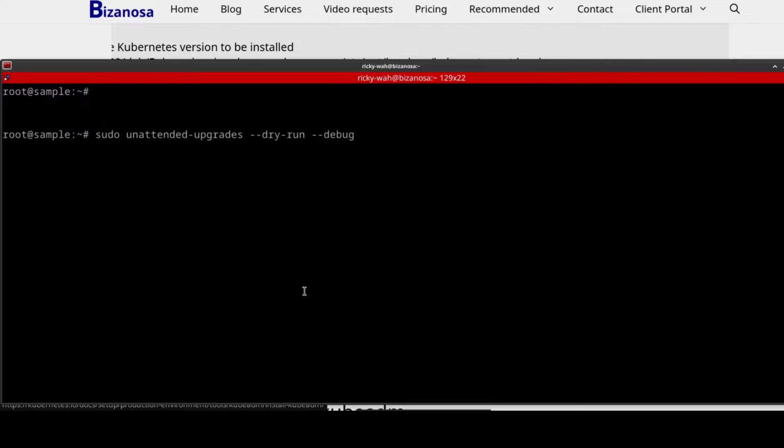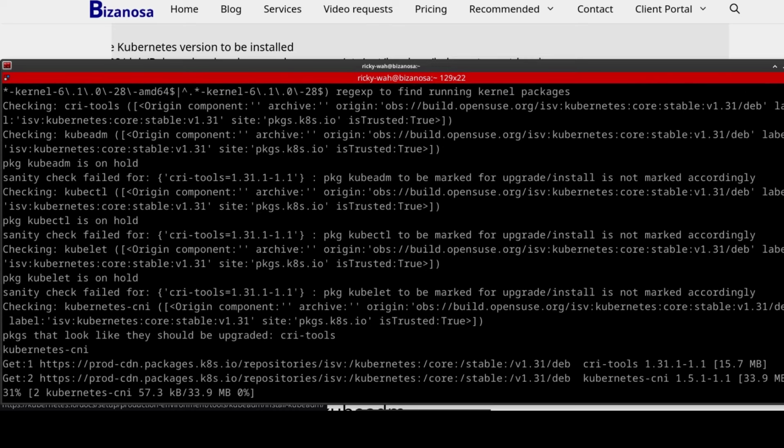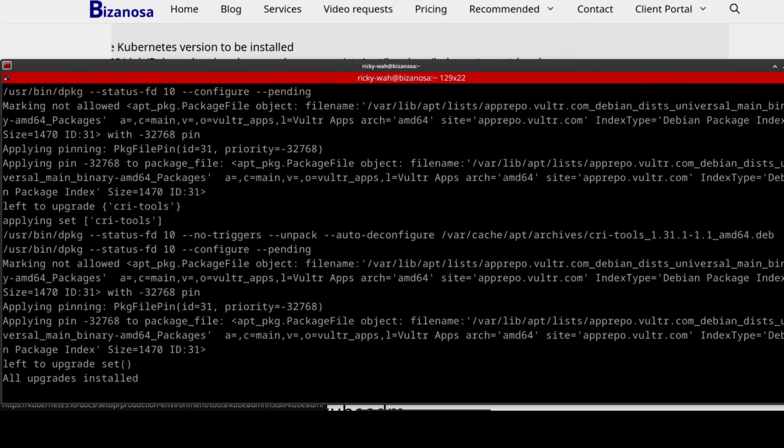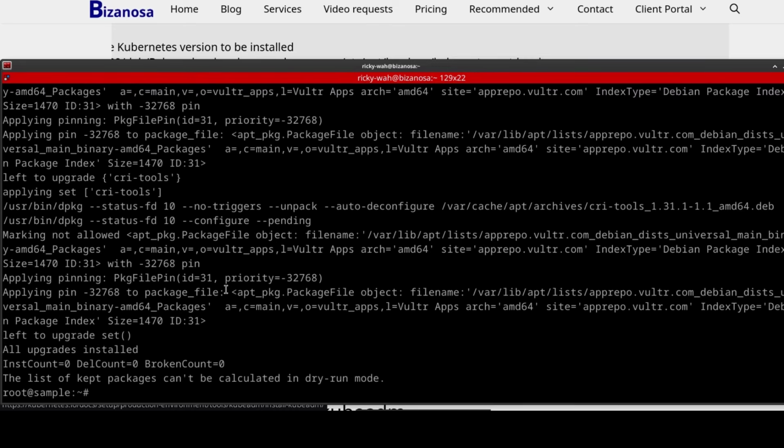If you want to update Kubernetes, you have to explicitly update it manually. So there we go, enter. And if I run that,